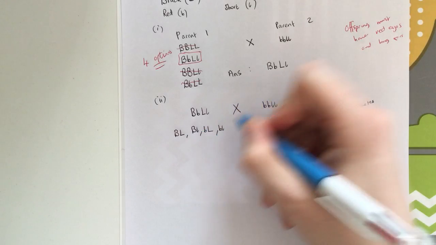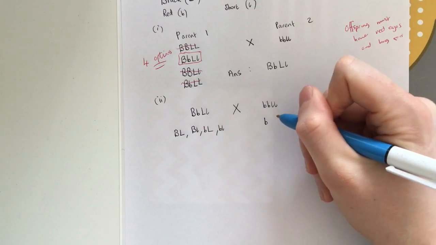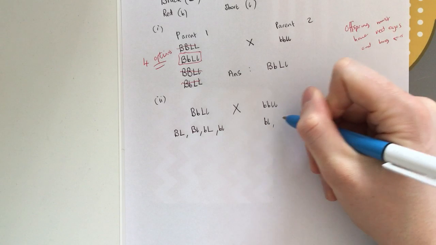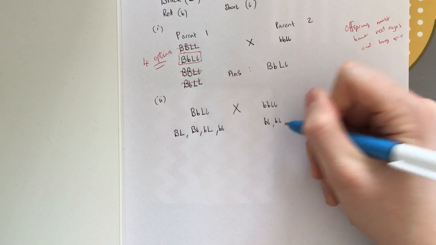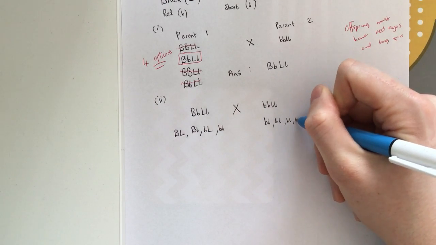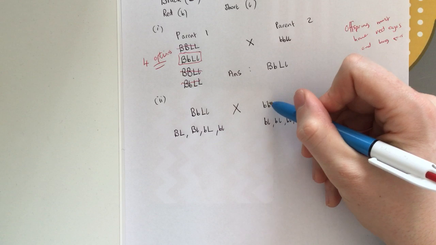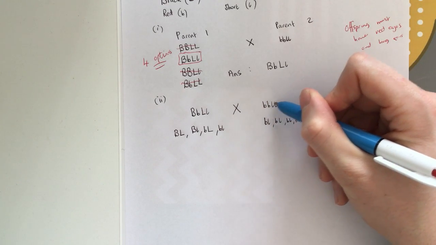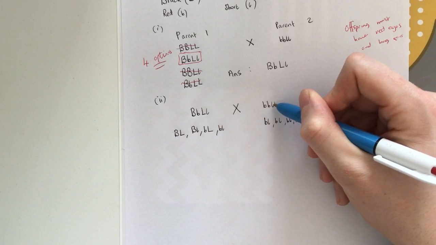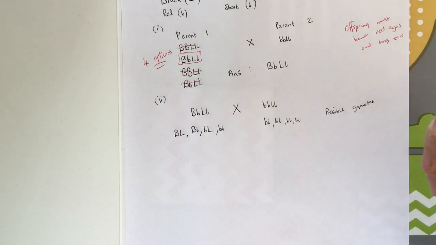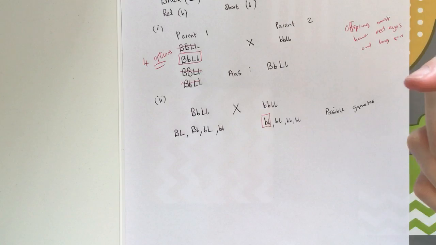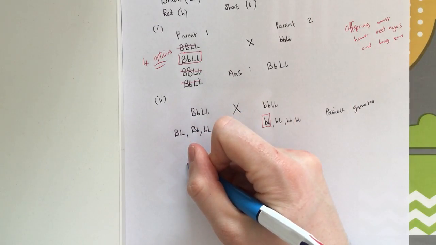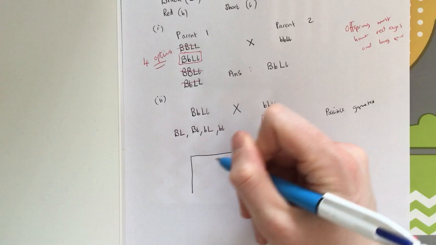Small b could go with small l. Okay, so that's for parent 1. Parent 2 is a bit more straightforward. Small b, small l. And again, you could have small b, small l. It's going to continue like that, small b, small l. Because big or small b with L, big or small b with small l, so you get 4 options there. In actual fact, we just pick out one of them, and that will make it easier for ourselves because you'll see the combinations then. Okay, so Punnett square cross.